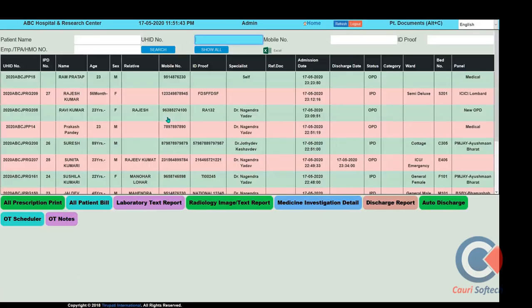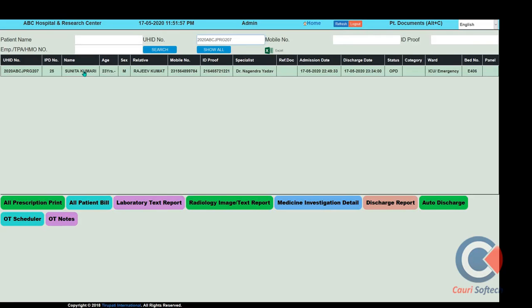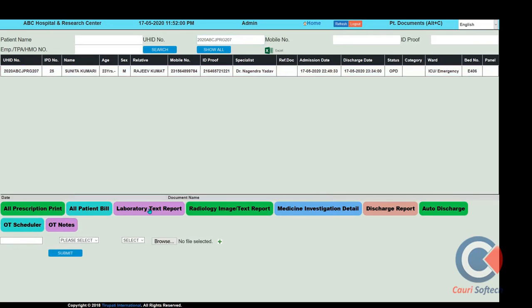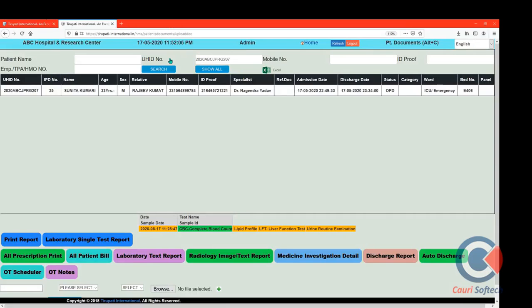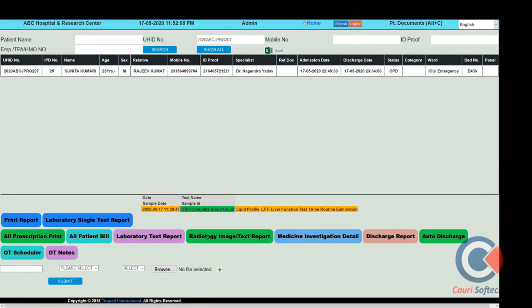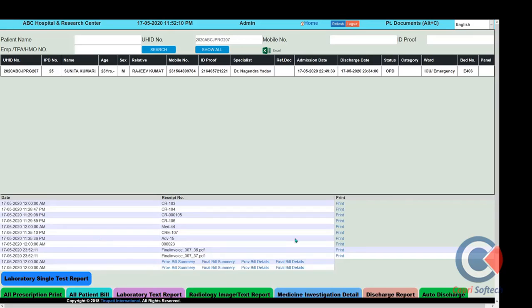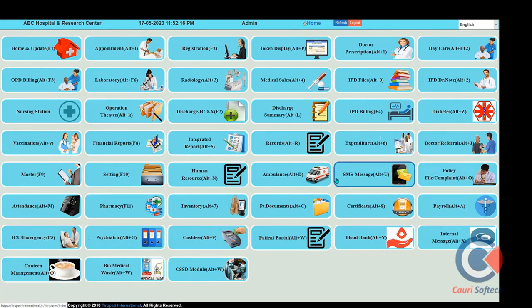In this patient document section, if the customer is using the online software, the patient has an option to get the records of their hospital visit, like their lab report, their discharge summary, and their patient bills. They can access them directly from home, without having to come to the hospital. So the report can be accessed from here. All the records, bills, and details will be available to the respective patient, who can take a printout and use it for medical purposes, insurance purposes, etc.